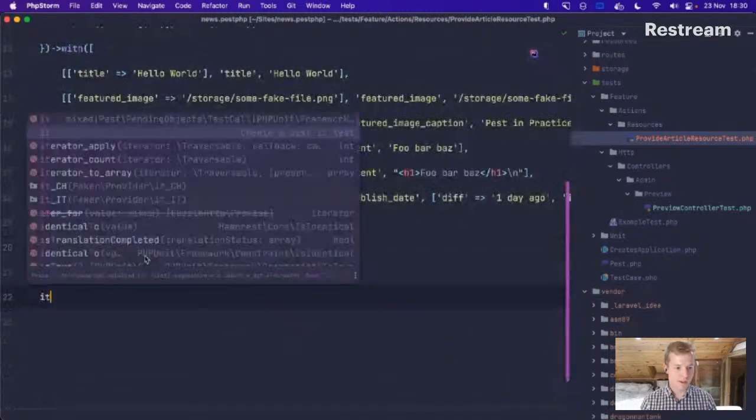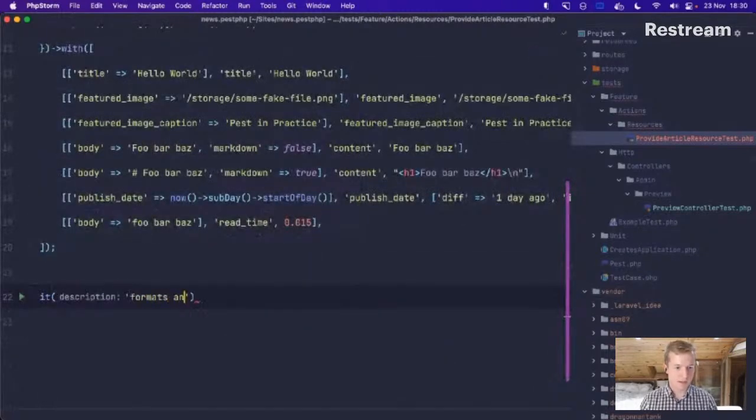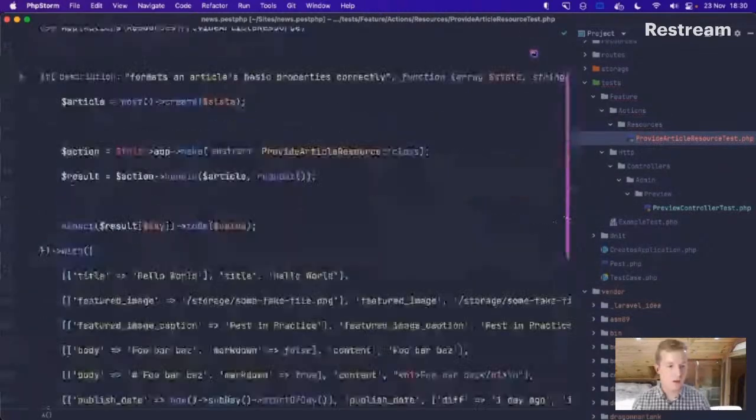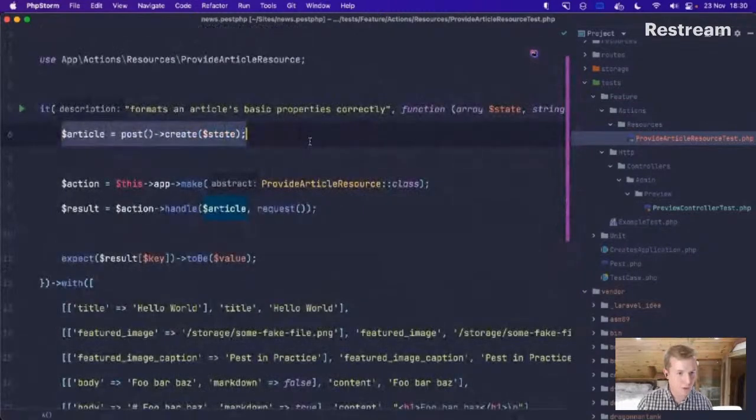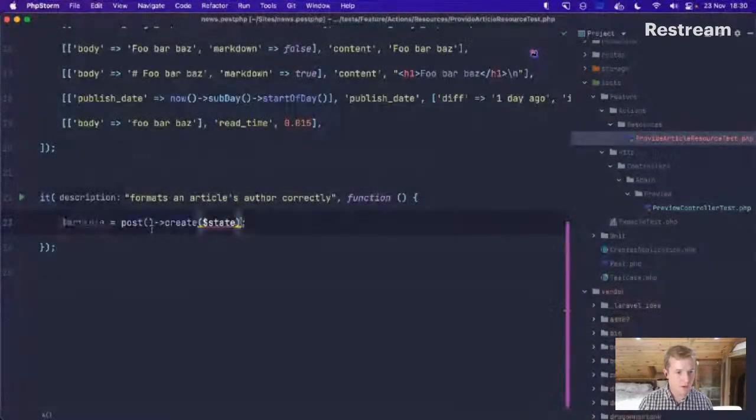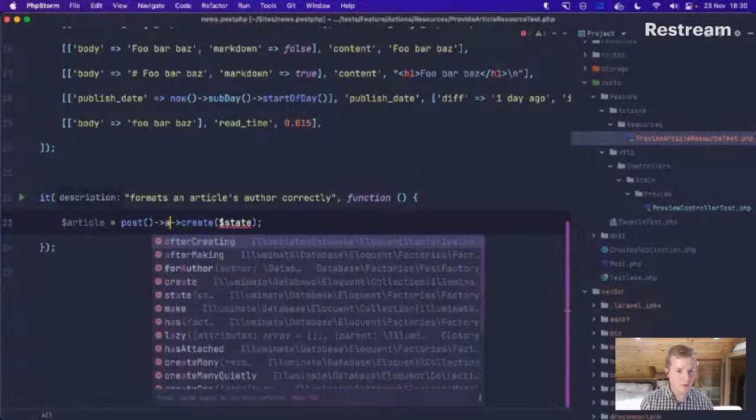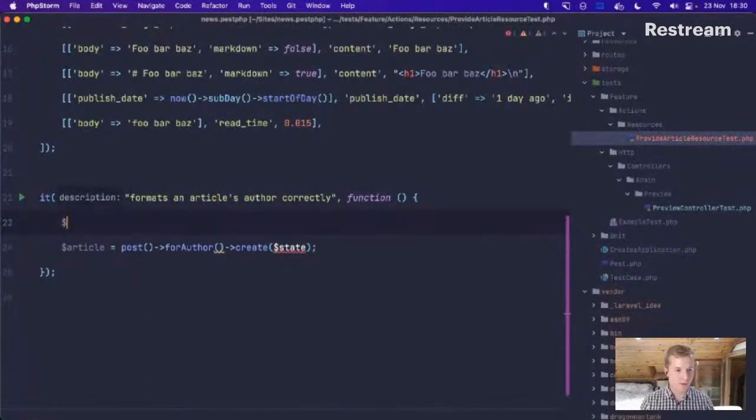And then we can say it formats and articles author correctly. Okay, so I can go up here, I can grab this, but I want to say that it's for a particular author. So for author, and let's say author equals author